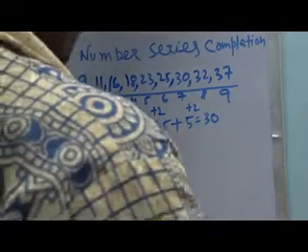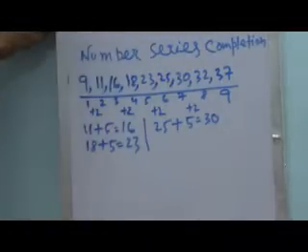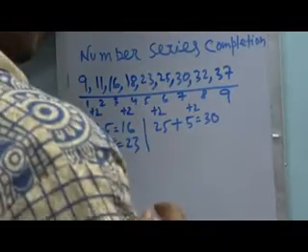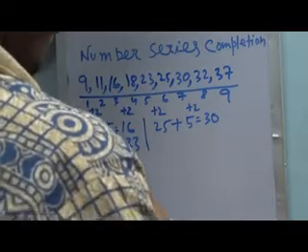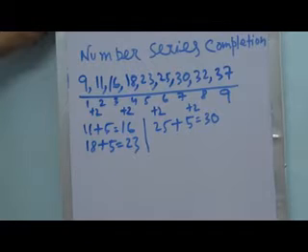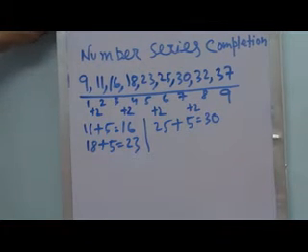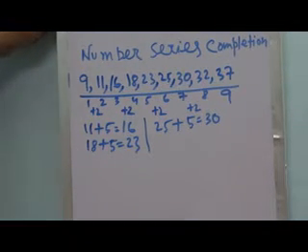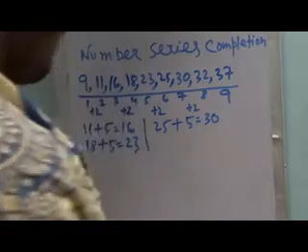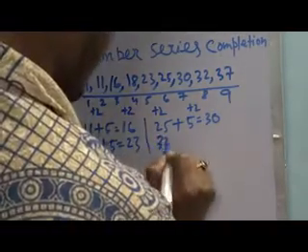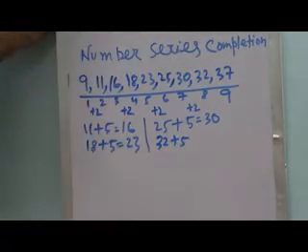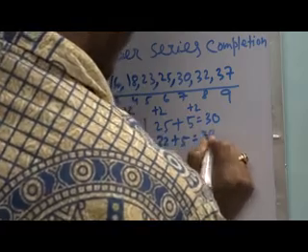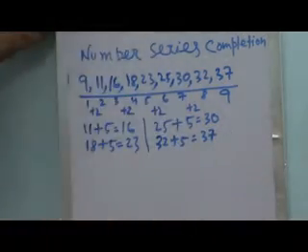In between 8th and 9th, what will be the logic? 32 plus 5. So 32 plus 5 equal to 37. Okay, sorry,